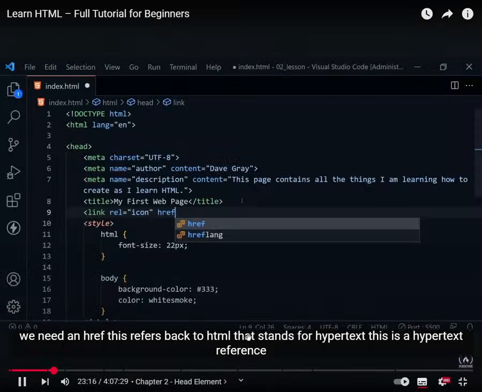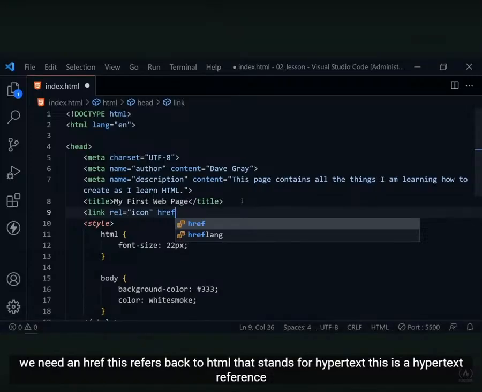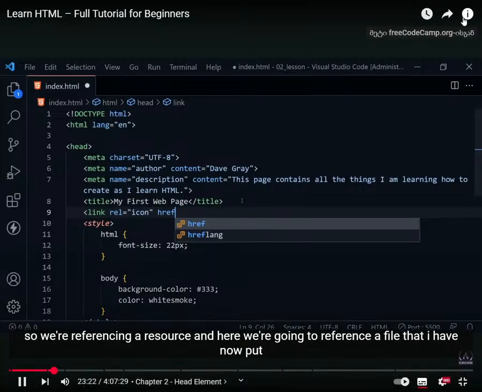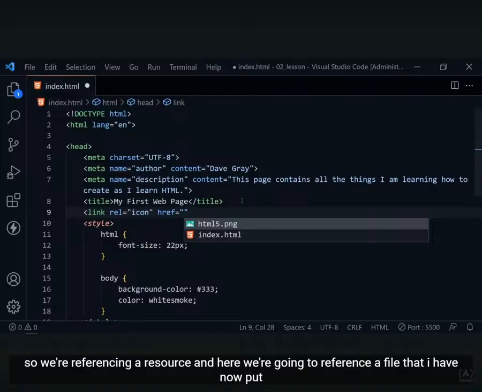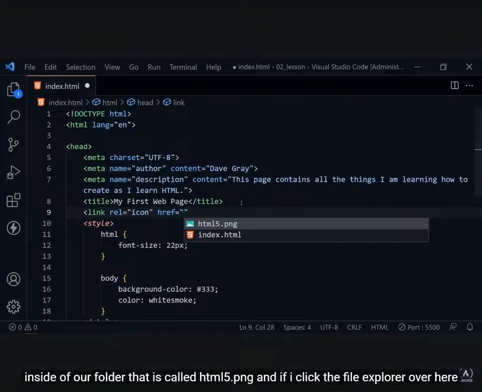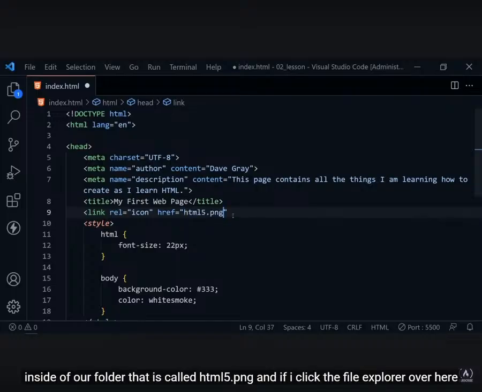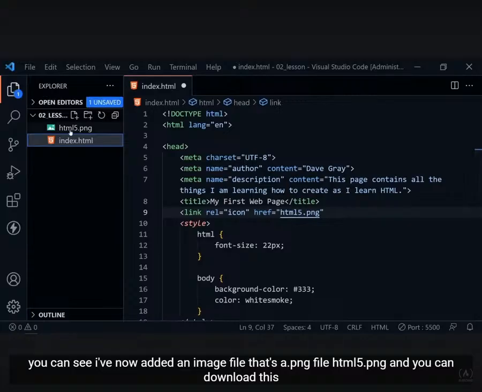After that, we need an href. This refers back to HTML, that stands for hypertext. This is a hypertext reference, so we're referencing a resource, and here we're going to reference a file that I have now put inside of our folder that is called html5.png. And if I click the File Explorer over here, you can see I've now added an image file